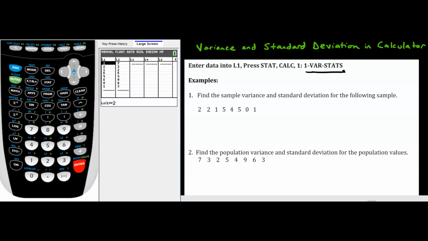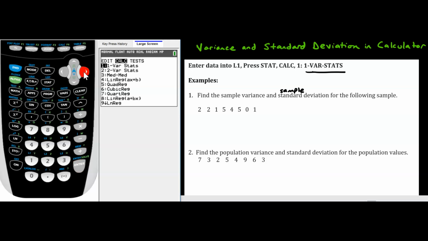So example 1 says find the sample variance and the standard deviation for the following sample. Now, I should be clear here and say we're finding the sample variance and the sample standard deviation for this small data set. You can see that I've entered this data set into list 1, and I'm going to press Stat Calc to go to the 1VARSTATS tool. Next to list it says L1, that is the list where I've entered my data. Frequency list is blank. I'm going to press Calculate,